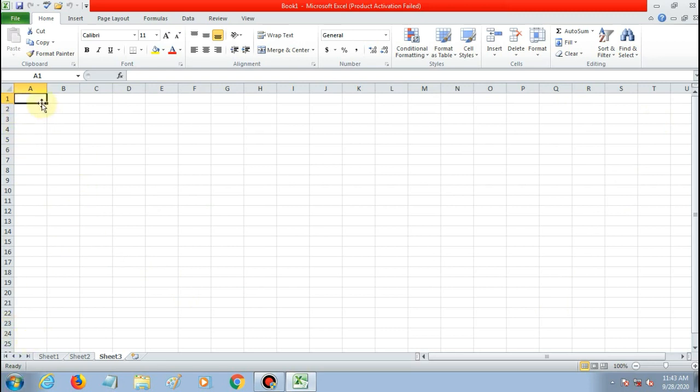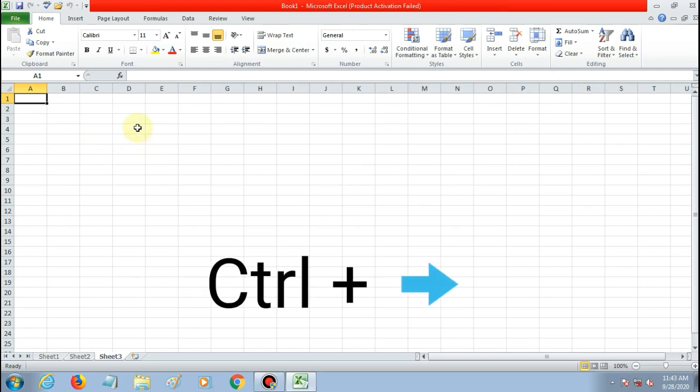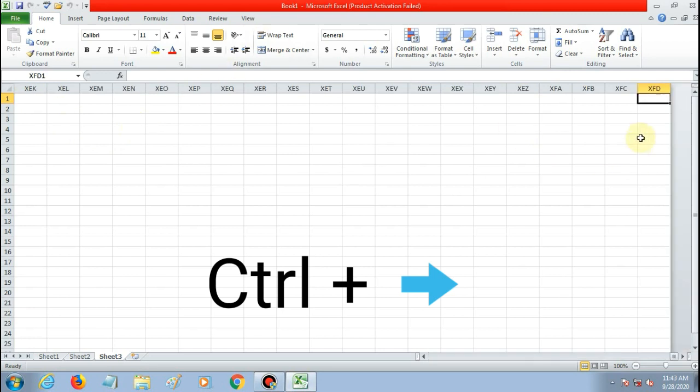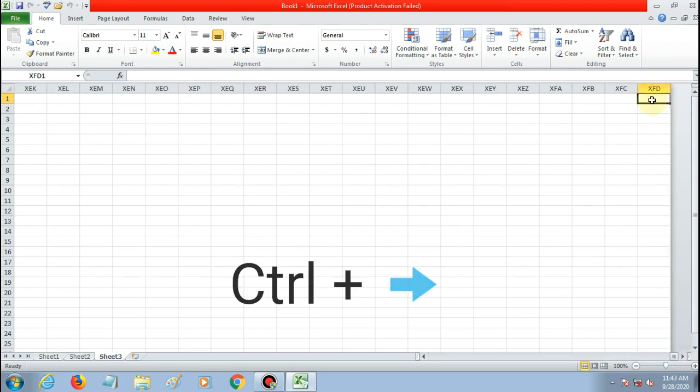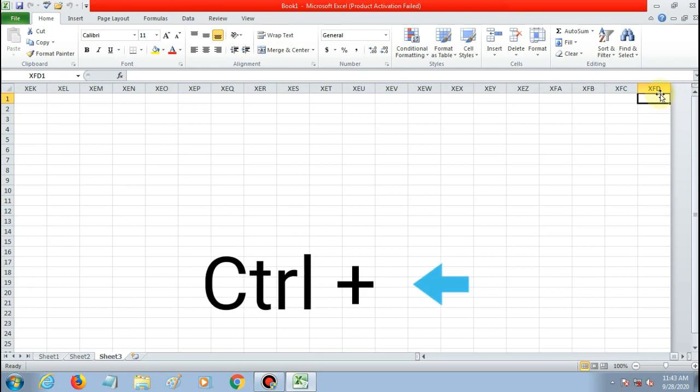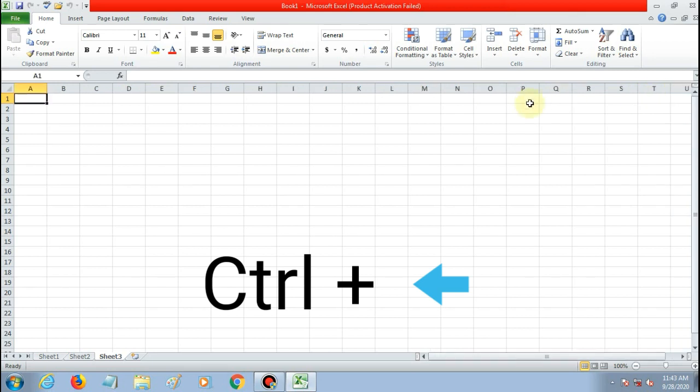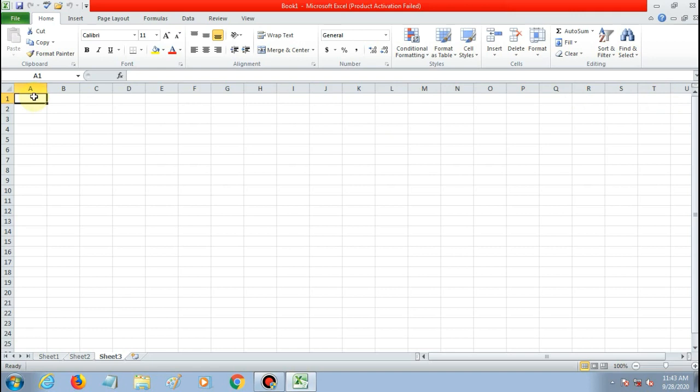If you want to go to the last column, then you have to press Ctrl key and right arrow key. See, the cell pointer is moved to the last column. And if you want to go to the first column, then you have to press Ctrl key and left arrow key. See, the cell pointer is moved to the first column.